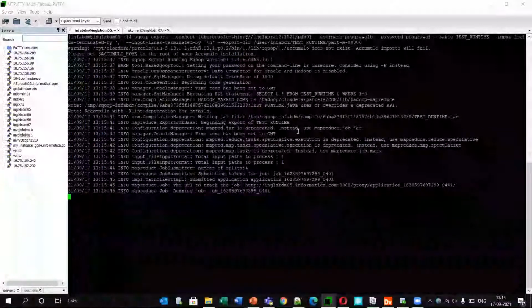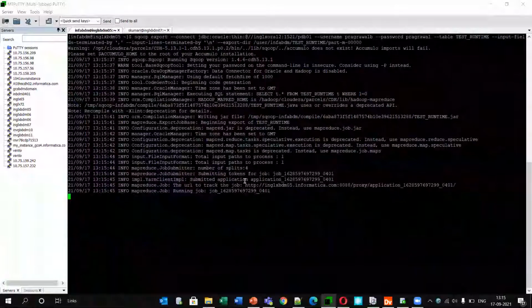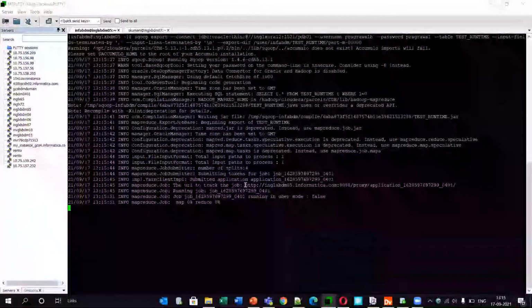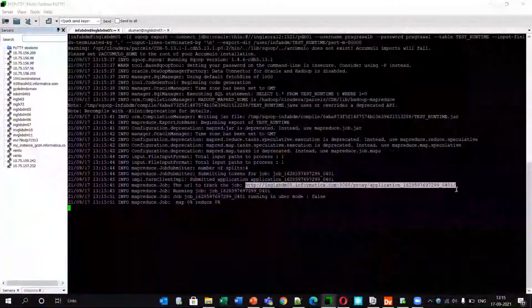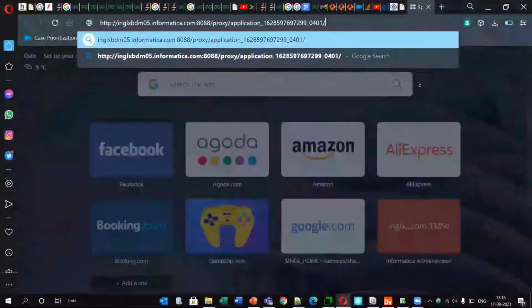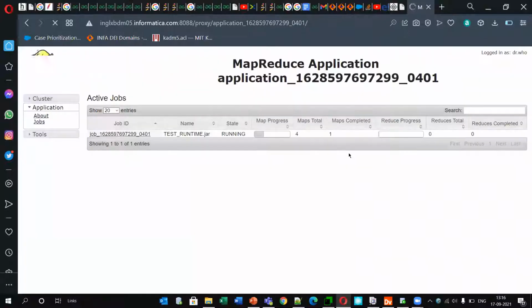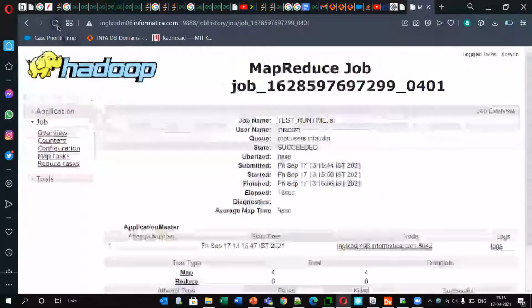My Sqoop job is running, and we can also track our Sqoop job from this URL. We just need to copy it and paste it here, and we can see our Sqoop job running. Here it is running, and we can keep reloading it.